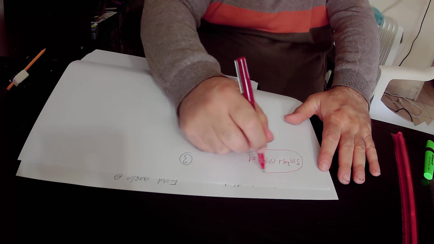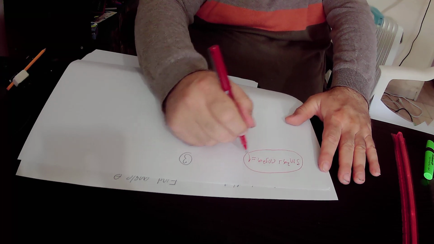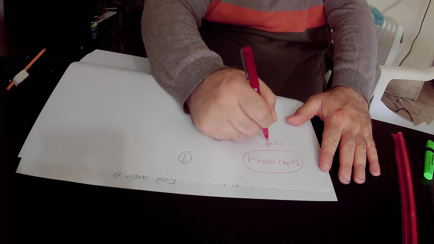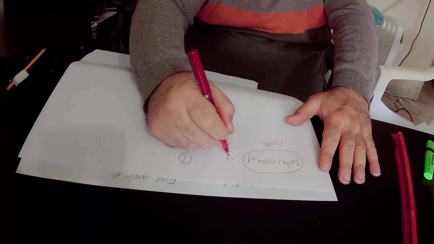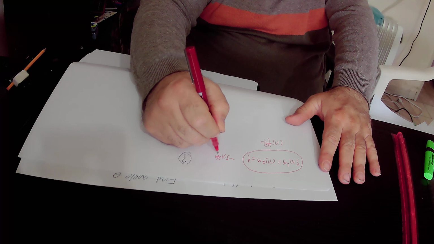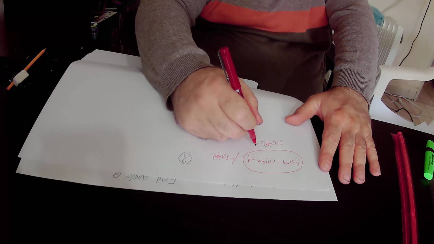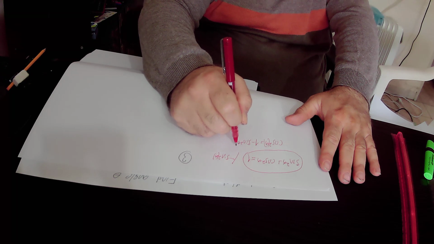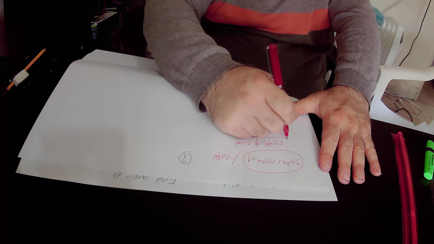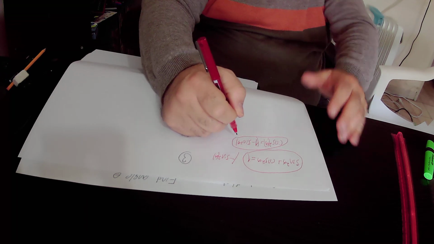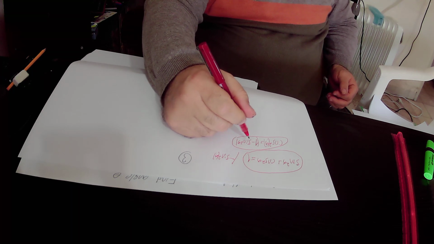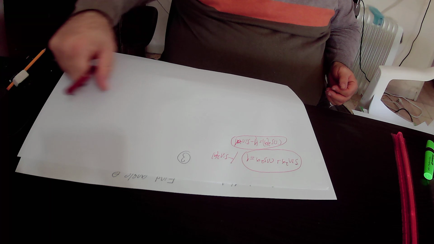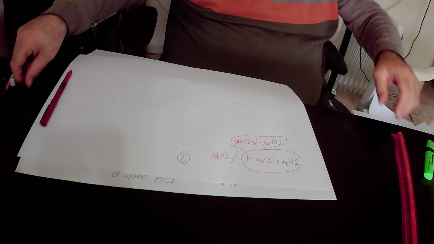We subtract sine square alpha from this trigonometric identity, and we get that cosine square alpha equals 1 minus sine square alpha. So we can substitute cosine square alpha in equation number 2 by 1 minus sine square alpha. We'll do it now, and we get that according to equation number 2,